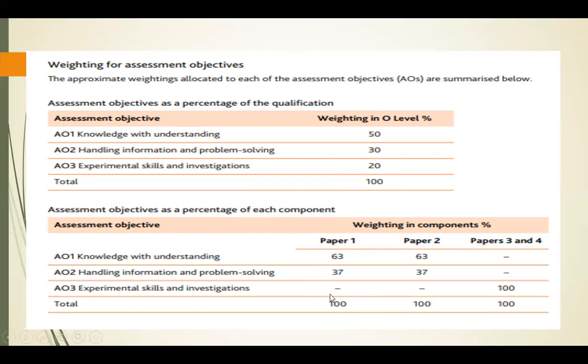That means there is no AO3 required because you're not performing any experiment in AO3, but you should be able to analyze the data and you should have to use your knowledge. So AO1 and AO2 will comprise 100% of the total content of your paper one. The same applies to paper two. Paper two, you will see that knowledge and understanding has 63% and handling of information has 37%. That means most of your paper will be related to your knowledge, but you will get a number of